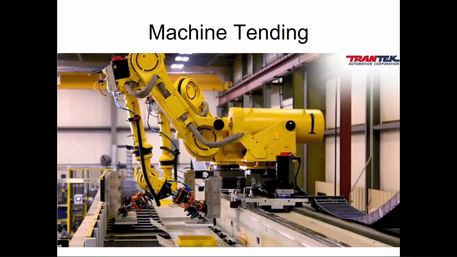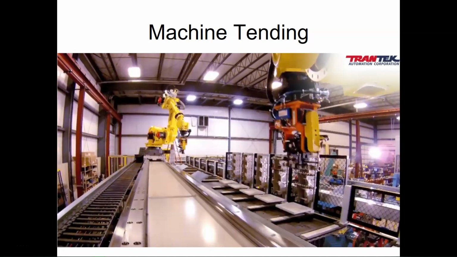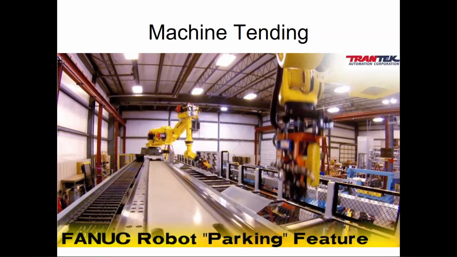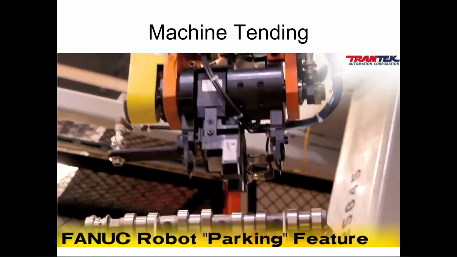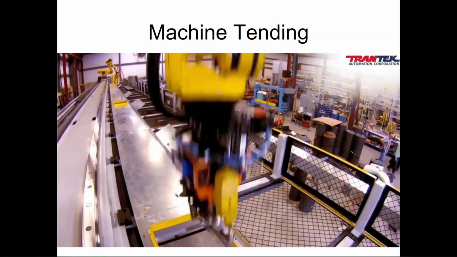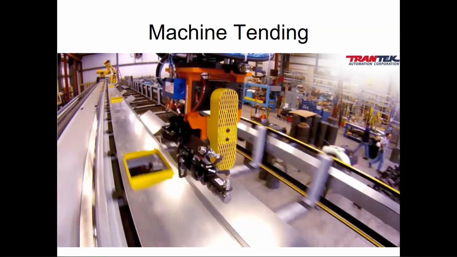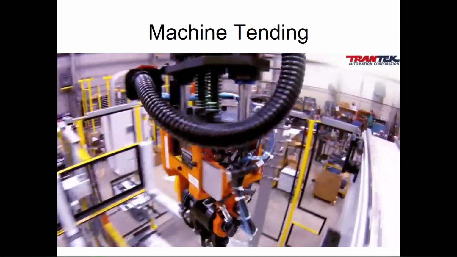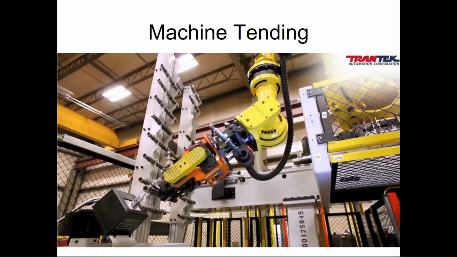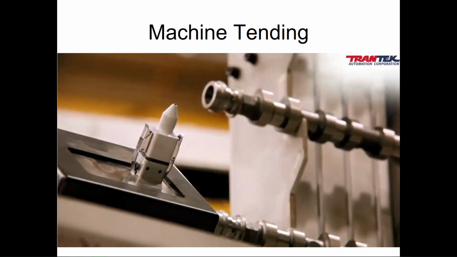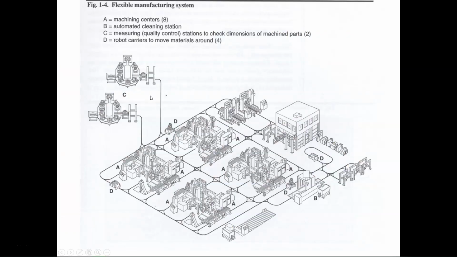The FANUC robot programming by Trantech engineers also includes the ability to park one robot and use a single robot to feed all machining centers. This feature virtually ensures there will be no downtime in the system. By integrating standard automation products and by simulating reach studies and cycle times in advance, a faster design build cycle was accomplished. To learn more about Trantech's full line of robotically